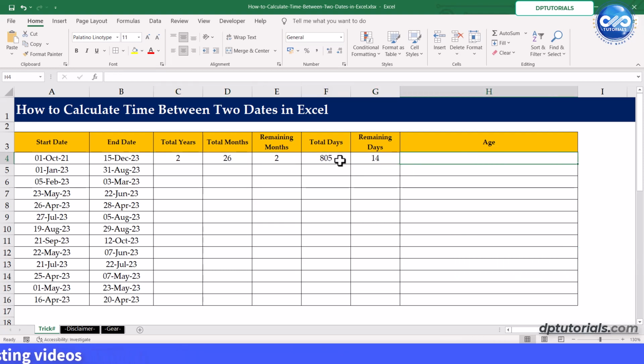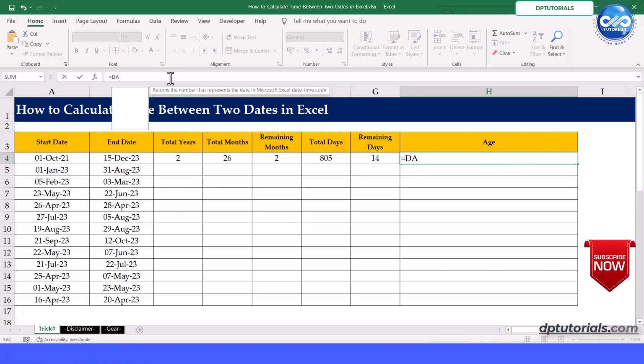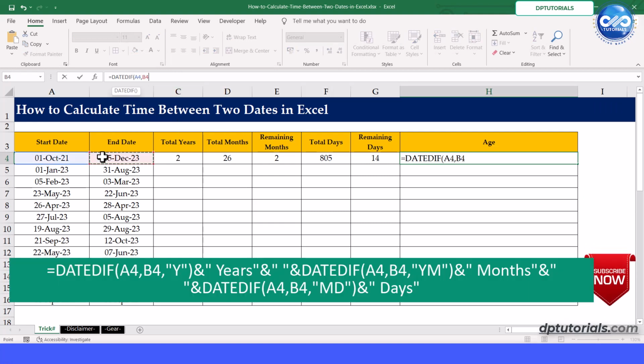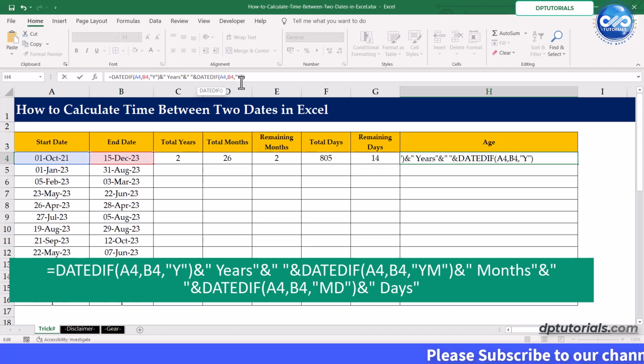So, if you want to calculate age based on two dates, I would enter the formula in cell H4 as equals to DATEDIF, open the parenthesis, A4, comma, B4, in the inverted quotes type Y, close the parenthesis, ampersand, type in the inverted quotes the text as years, close the inverted quotes, ampersand, give some space in the inverted quotes, ampersand, again DATEDIF, open the parenthesis, A4, comma, B4, comma, in the inverted quotes type YM to calculate months,